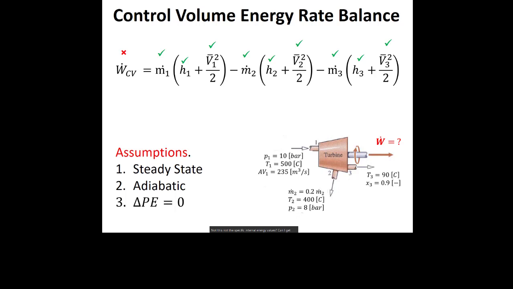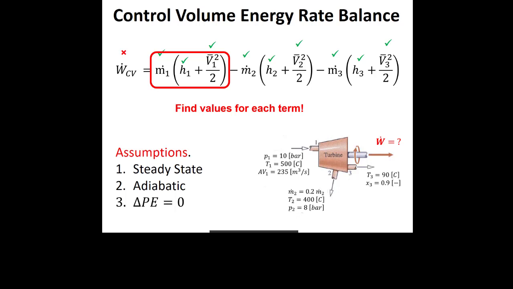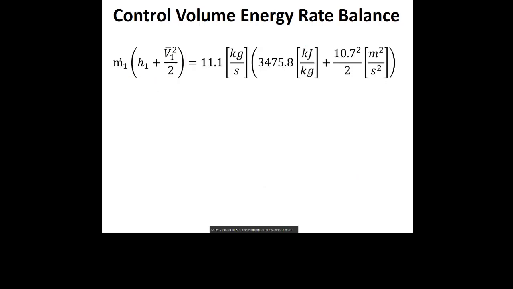All right, so I have two different models here. One where we didn't neglect kinetic energy, and one where we did. But for this, we had to estimate what the first velocity was, right? So let's look at all three of these individual terms and say, is the kinetic energy term important? Actually here, I think when we were going over the example, I said, well, let's pick 17.1, but here it looks like I picked 10. Let's see if it matters. Let's see if my estimate of the velocity matters.